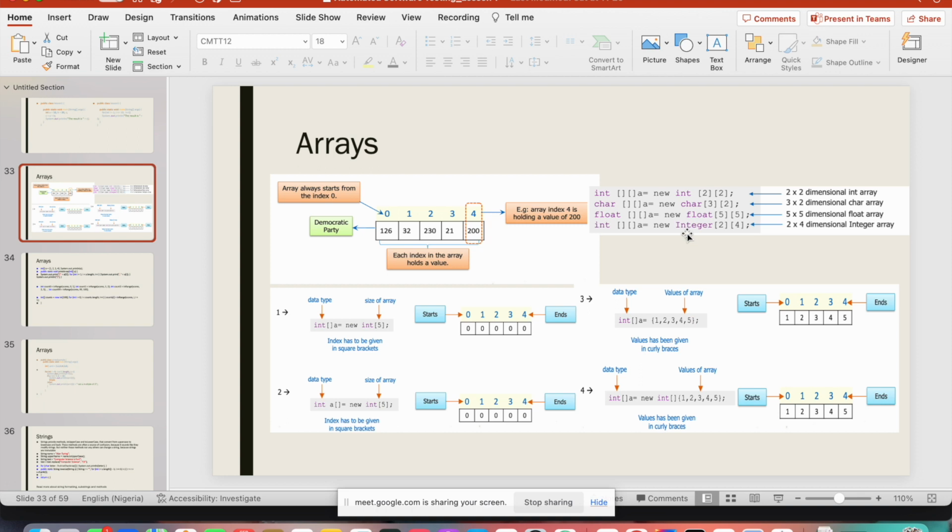So we say multi-dimensional array, you make use of two square brackets, depending on the kind of dimension it is. There's 2 by 2, there's 3 by 2, there's 5 by 5, there's 2 by 4, and so on. Right, so for example, if I'm to make use of this first one, 2 by 2, so I will say